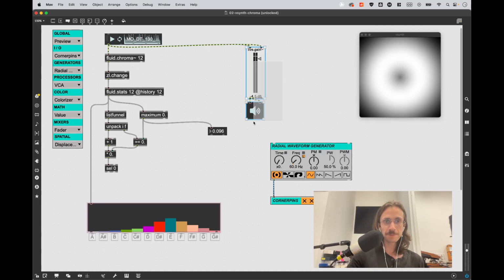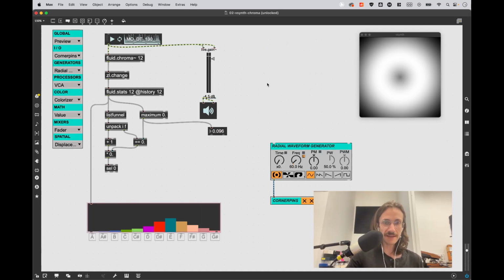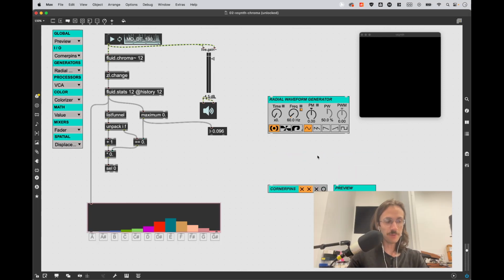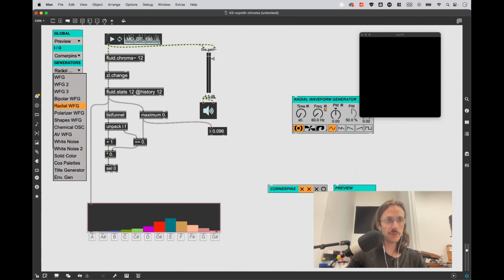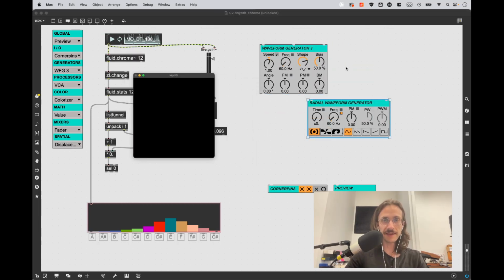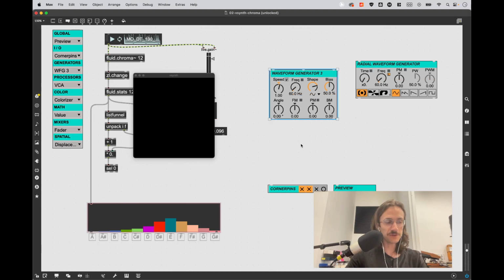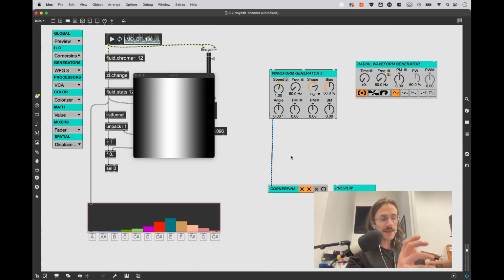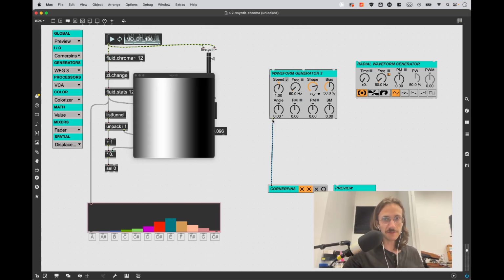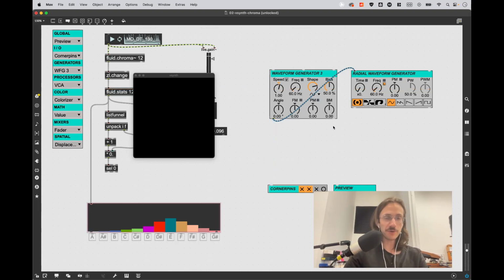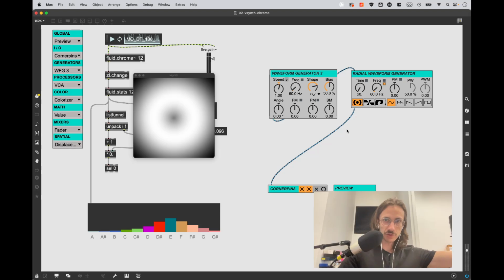chroma happens to be? So maybe a fun way to do that, well, let's try something. Let's take our radio waveform generator, but instead of sending it straight to the output, let's create another waveform generator. And this is, I think, where this whole Vsynth thing gets kind of interesting. Because if I take this waveform generator and I connect it straight to the output, you'll see basically what you expected. But what I can do that's kind of cool is take this waveform generator and connect it to this